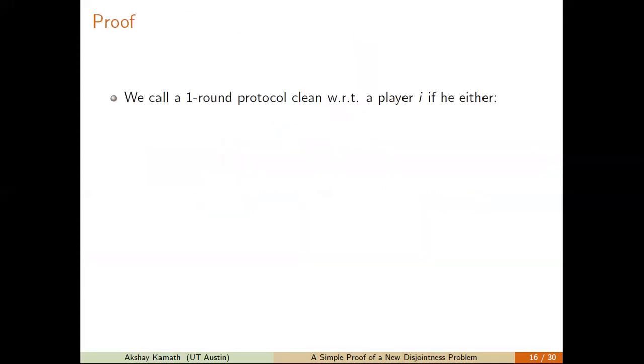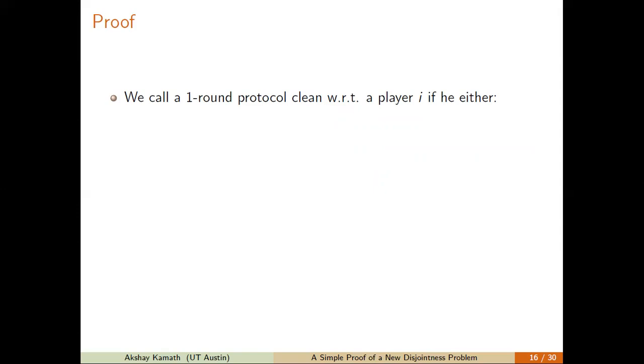So let's dive into the proof of this theorem. In order to make this simpler for the talk, I will be restricting the proof to one-round protocols. The proof that we give in our paper is applicable to multi-round protocols. So we call